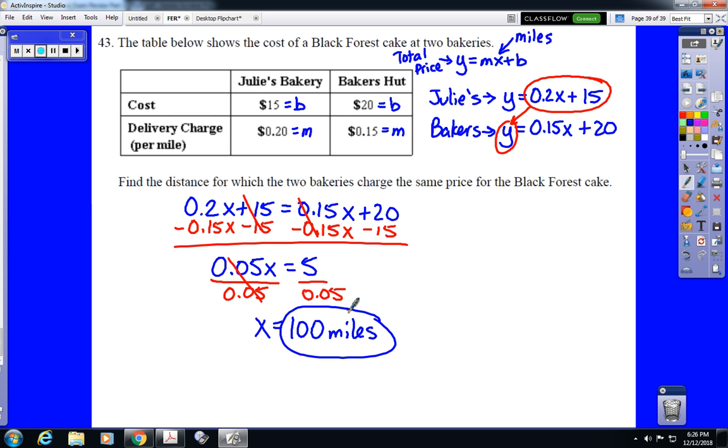In other words, if you are within 100 miles of these two places, you would want to order from Julie's Bakery because that cake is cheaper to start with. But if you're more than 100 miles away, then you would want to order from Baker's Hut because it would end up being cheaper after the travel. That does it for page